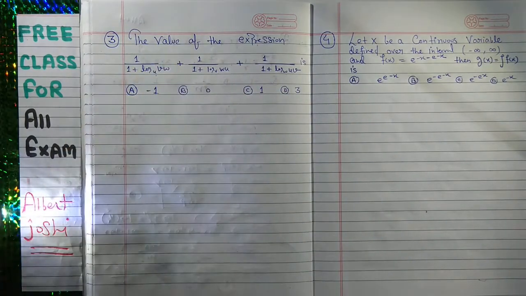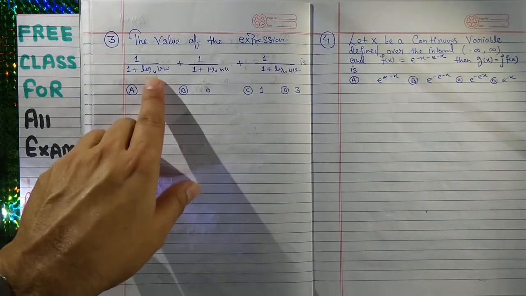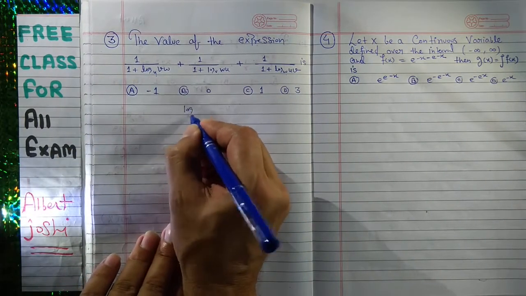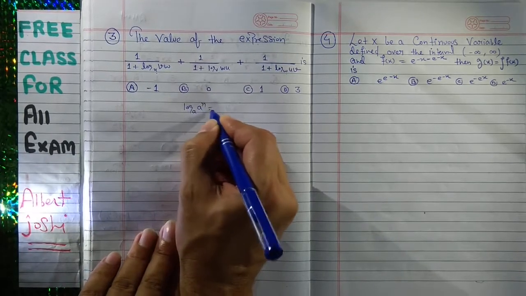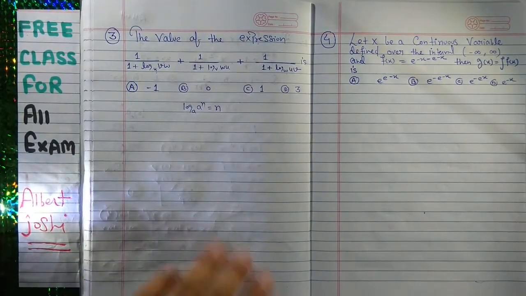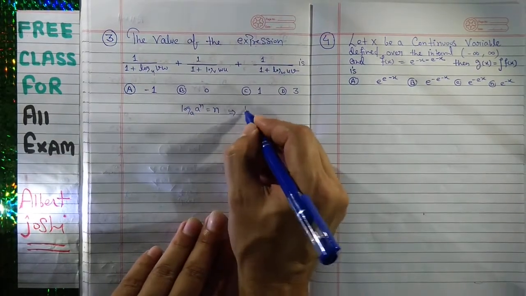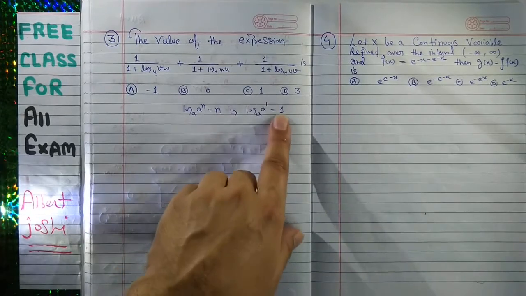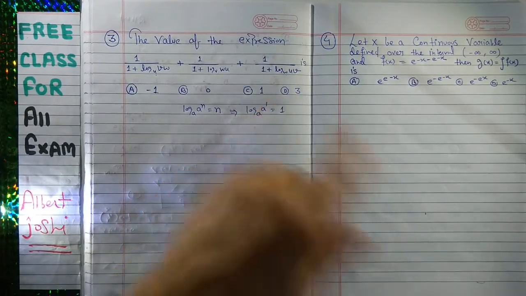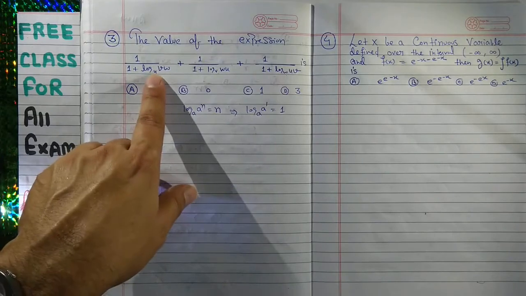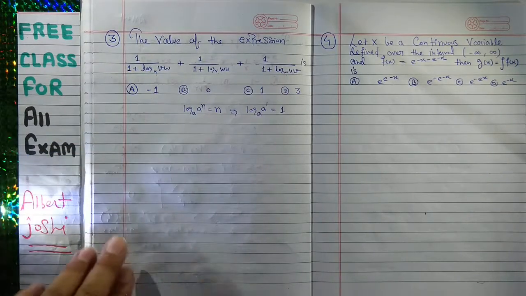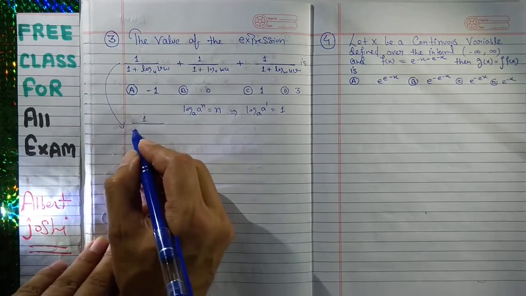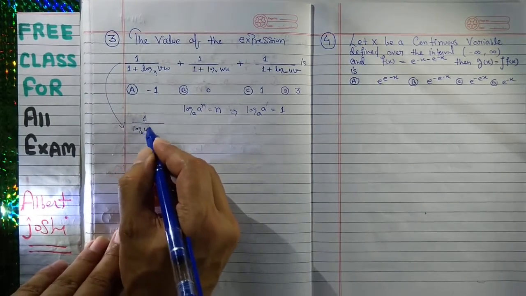That is the complicated one, but this is very easy. They have given us base u. You know that we have already discussed log a base a to the power n is equal to n. So we can write log a base a to the power 1 is equal to 1. In place of 1 we can write log u base u, since here the base is u. So we can write this problem like this: 1 upon log u base u.